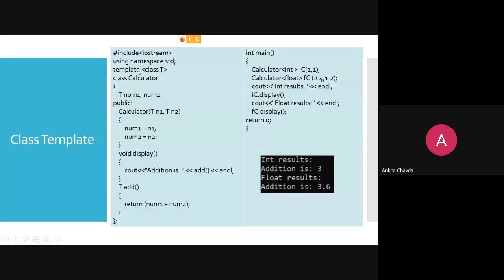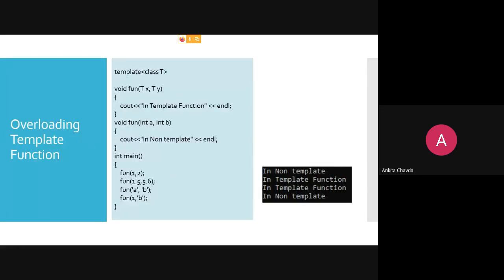So a single class, but you can pass any data type for your variables. So how useful a template actually is, right? And more useful is your STL, the standard template library, which would be the very next topic, right? And that is the last topic of our C++, and we'll finish our syllabus, right?